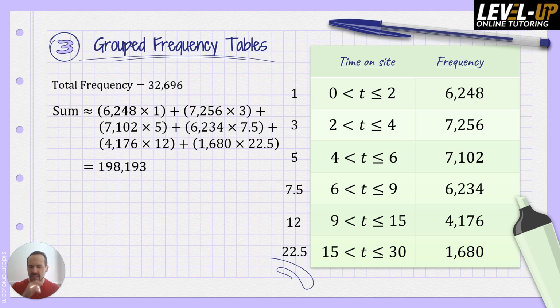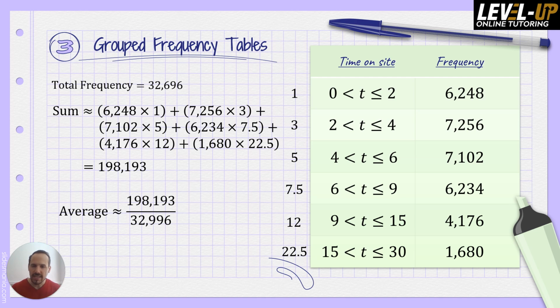So it's approximately equal to this value because we're estimating here. It's probably not going to be that exact value, but that's our best estimate. So that's the total, the sum. Now we can do that average by taking that sum and dividing by the total frequency, which we know by adding up all the frequencies. We already found that was